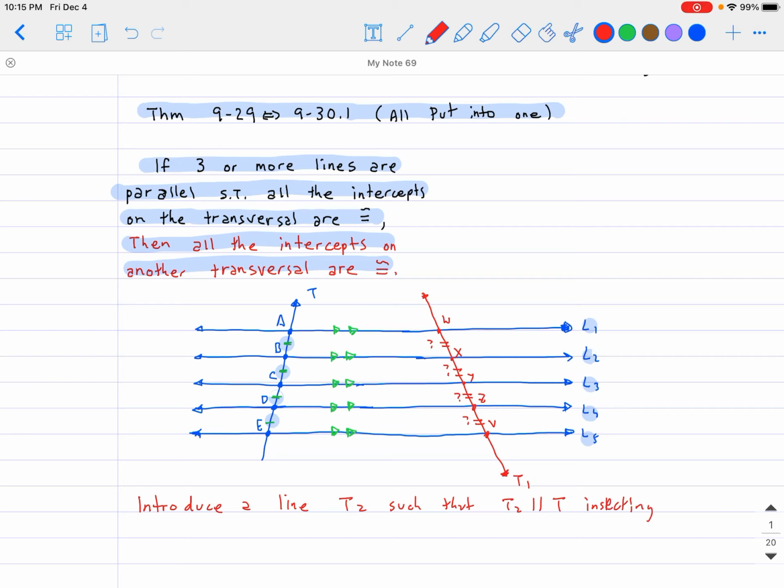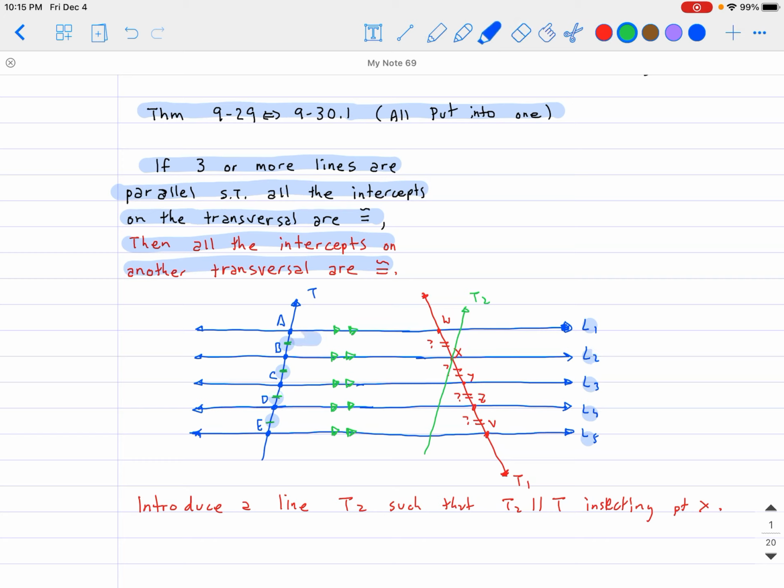So let's go ahead and say intersecting point X in this case. Okay, so if I do that, here's what that would look like. So here is a line that I'm going to introduce that's parallel to the one that I have. Okay, now this is going to be my line T sub 2. And what you'll notice is that because T and T2 are parallel to each other, then by definition, that